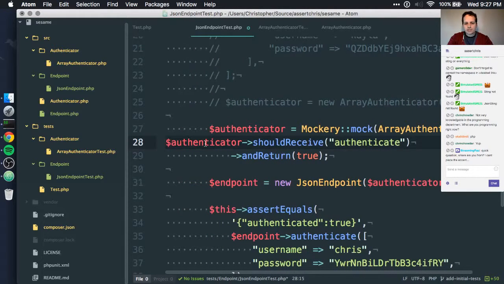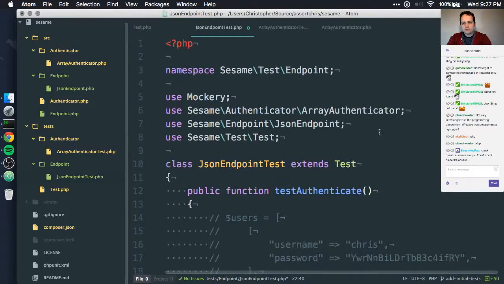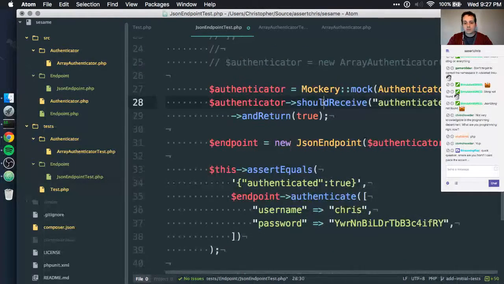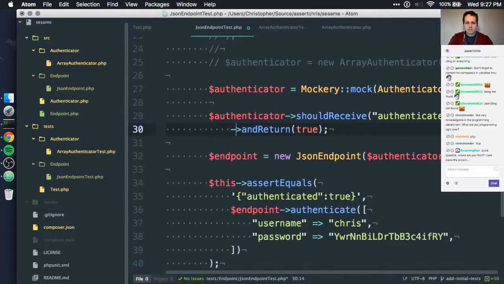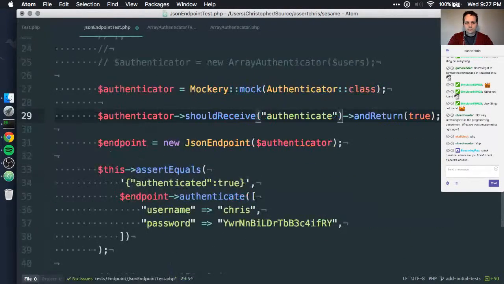Okay, so the first thing has to be just mockery mock, and then we say that mock should receive. So then we start building what methods this thing should expect. We can actually just have some new lines here. Okay, so make a mock of this interface, and then this mock should receive a call to the authenticate method